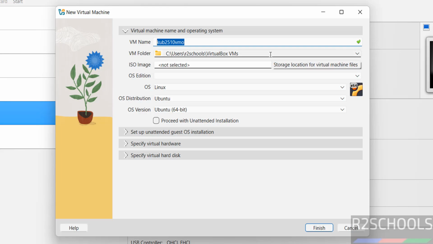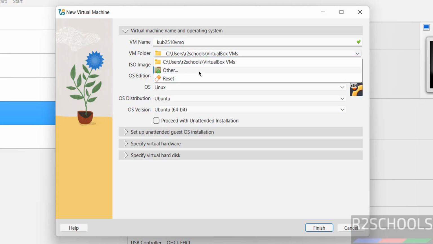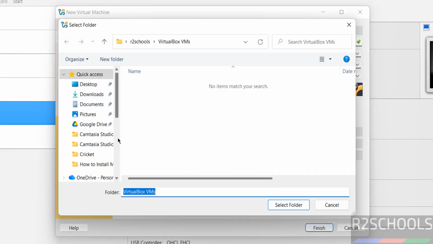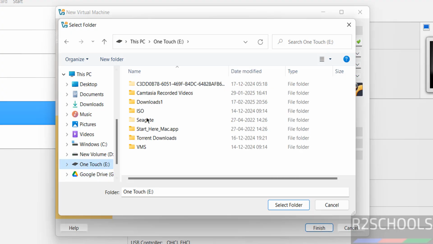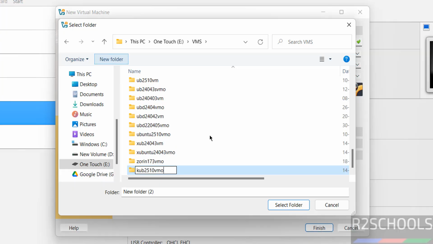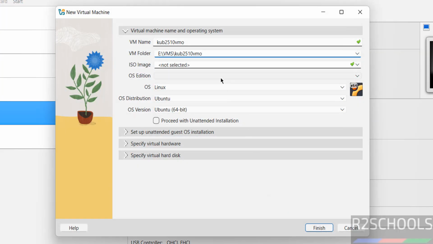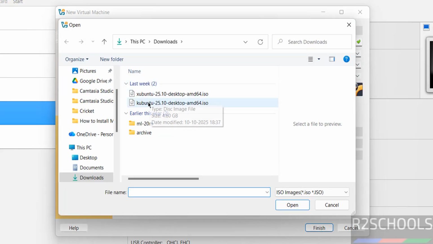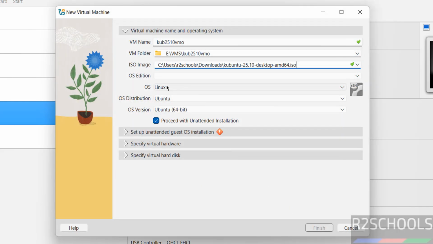Then select the folder or location to store this virtual machine files and folders, and this is the default location. If you want some other location, click on drop down and select other. Then select the path where you have enough space. Then select the downloaded Kubuntu ISO image. See, once we selected it, change OS to Linux, distribution to Ubuntu, OS version 64-bit, and select this proceed